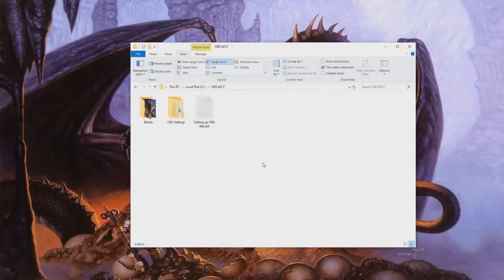Now, OBS is a pretty handy piece of software, but in terms of sharing stuff, it's a little annoying. I've set up a few files for you, which you'll be able to download in a link provided on the video. So, to get started,